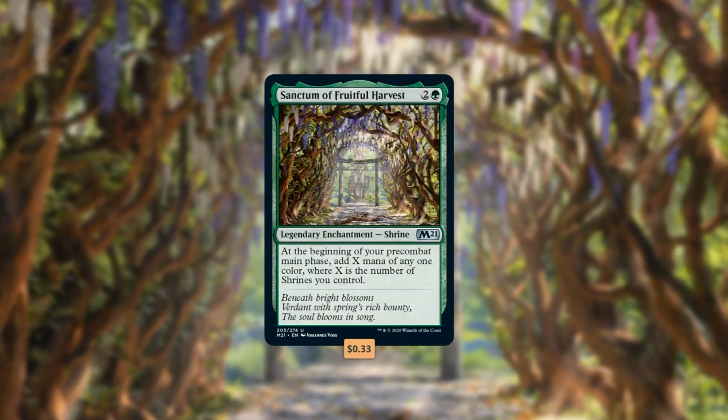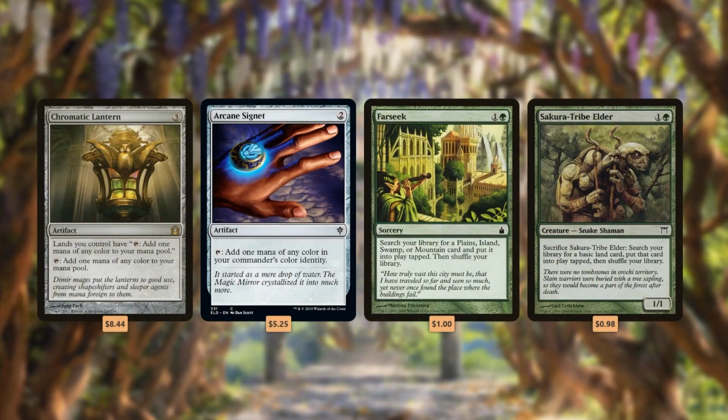Sanctum of Fruitful Harvest is decent by itself, but the moment you add a second Shrine, it becomes amazing, and anything beyond that is absurd. This Shrine generates a ton of mana for the deck and is one of the first ones you should be tutoring up. After that, we've got all the typical generic 5-color mana options like the Mana Rocks, Chromatic Lantern, and